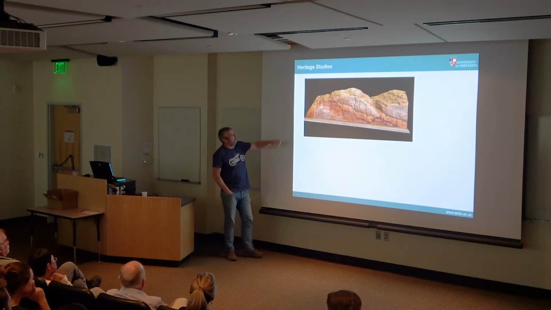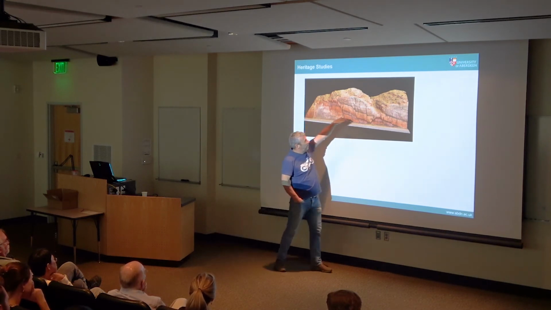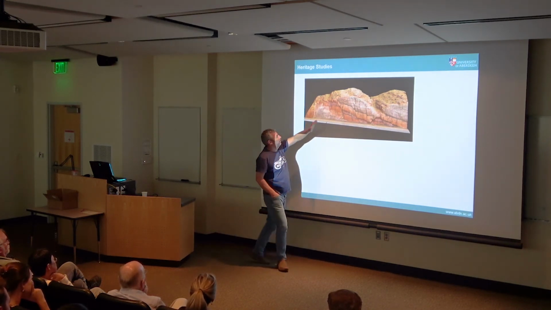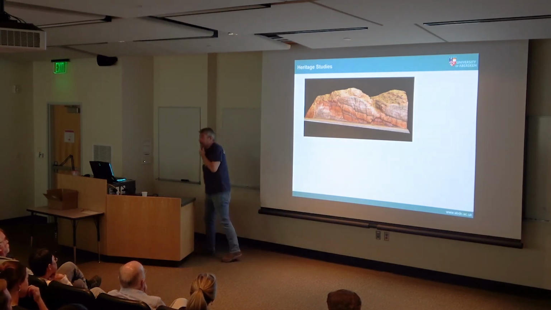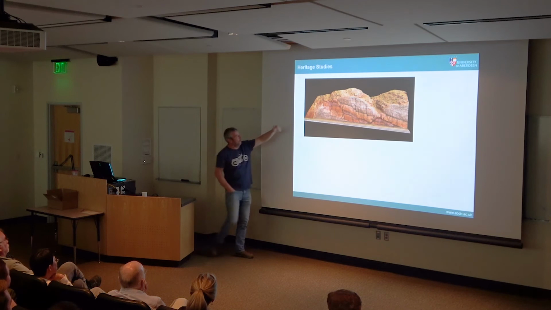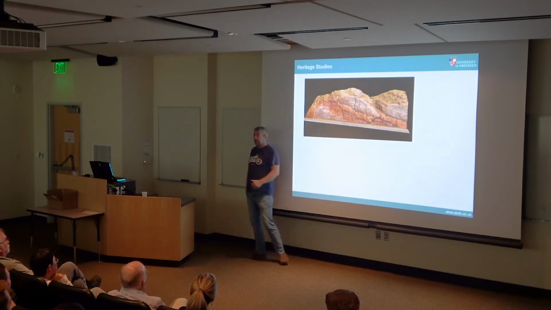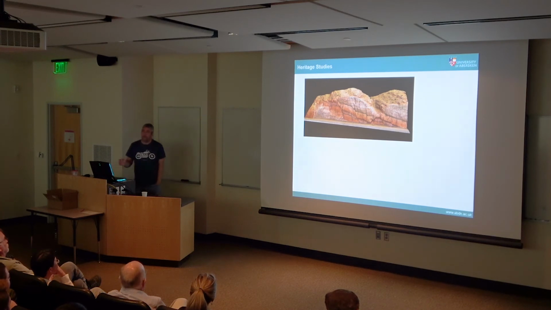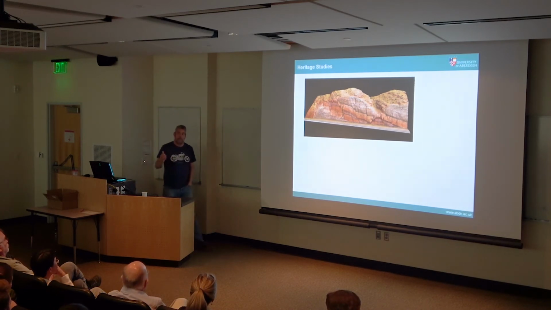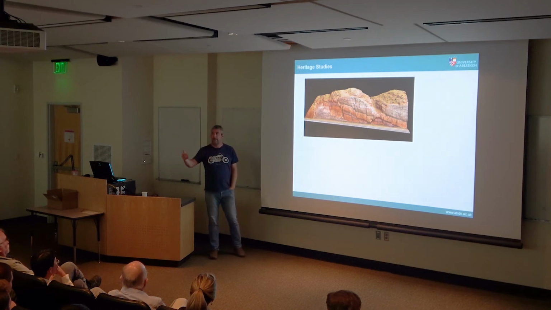So this is a road cut, which you may have visited, right opposite the Arches Visitor Centre, with some really cool faults in it. About 15 years ago, they widened the road. The edge of the road used to be here. So a little bit of crowdsourcing. It wasn't as successful as I'd hoped, because it dates from just before everybody had a digital camera, so there weren't many photographs around.